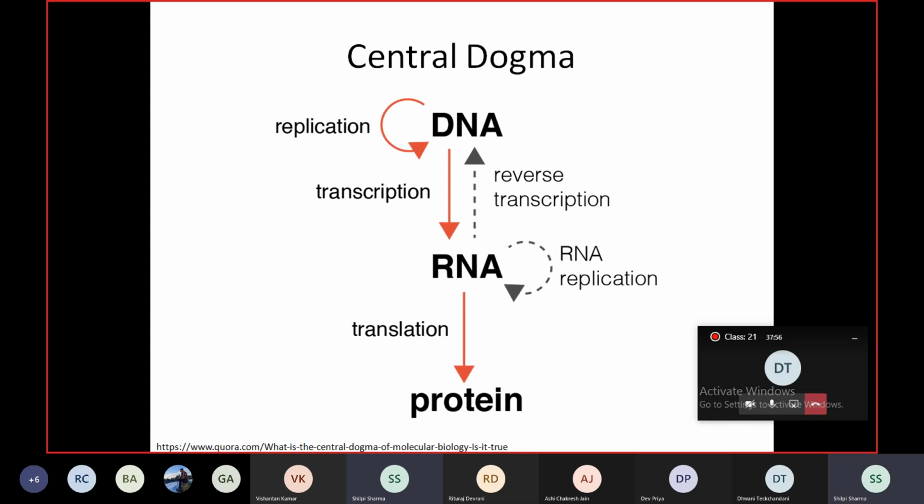Now, because of the presence of RNA, there are some viruses which violate the central dogma. The central dogma you're aware of is this direction: the flow of information is always from DNA to RNA to protein by the process of transcription and translation respectively. In viruses, this reverses. In retroviruses, DNA is synthesized from RNA by a process called reverse transcription.